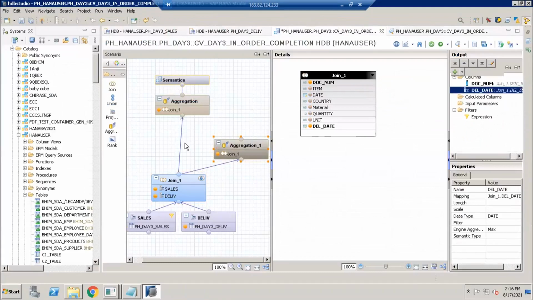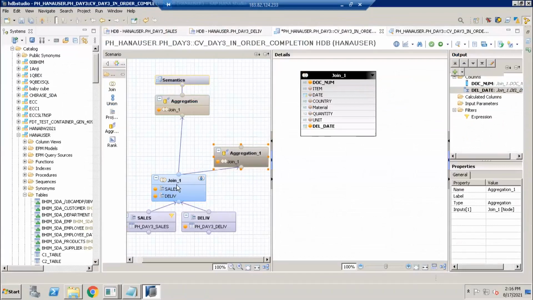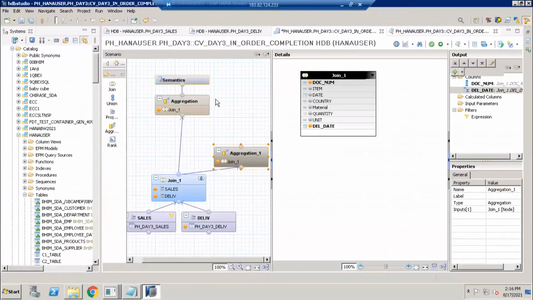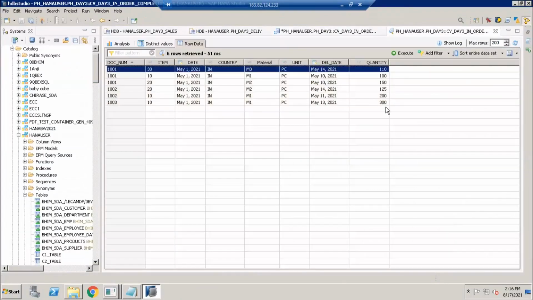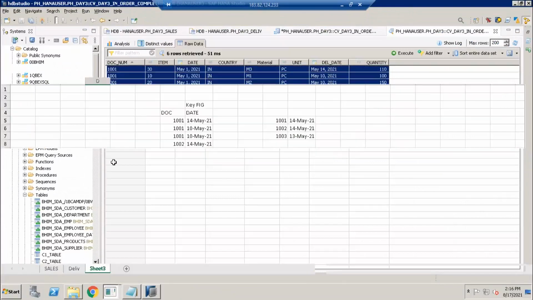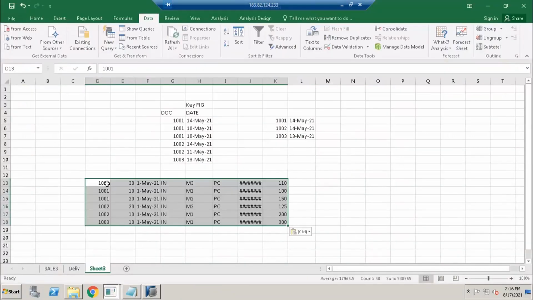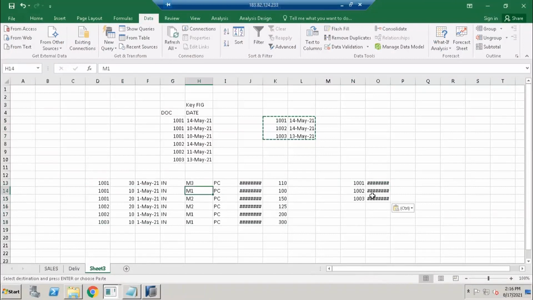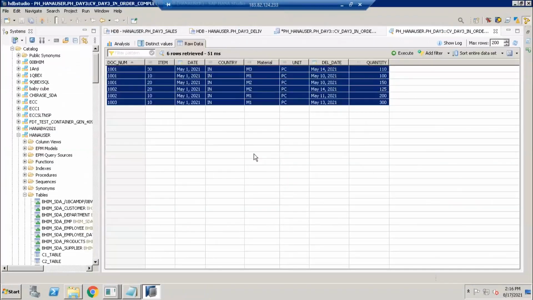Okay, now what I will do simply, if I join this data set again, let me copy this data again. This is my data set at the join node, and this is my data set at the aggregation node. Now if I join these 2 data sets on document number, then I can get the max delivery date in the derived column. Clear? So this is how we are going to derive it.